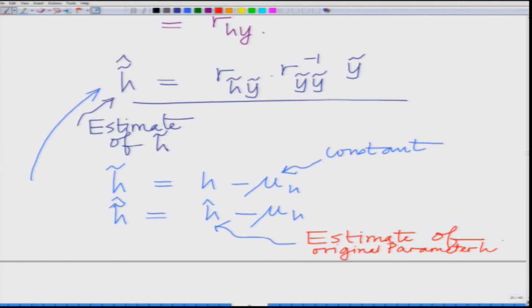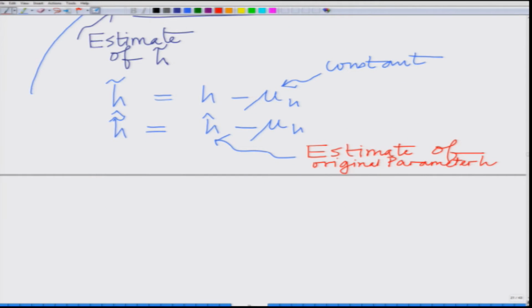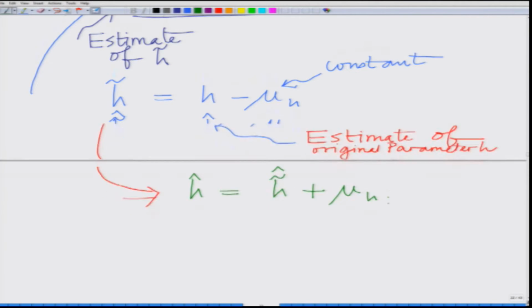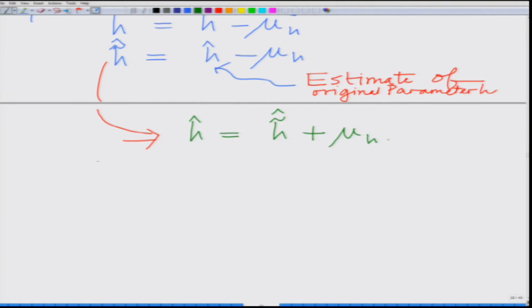Estimate of original parameter H: H tilde hat is H hat minus mu H, which also implies, if I have to write it this way, rearranging this, that H hat equals H tilde hat plus mu H. We have that simple relation. Now, substituting this, we have H tilde hat